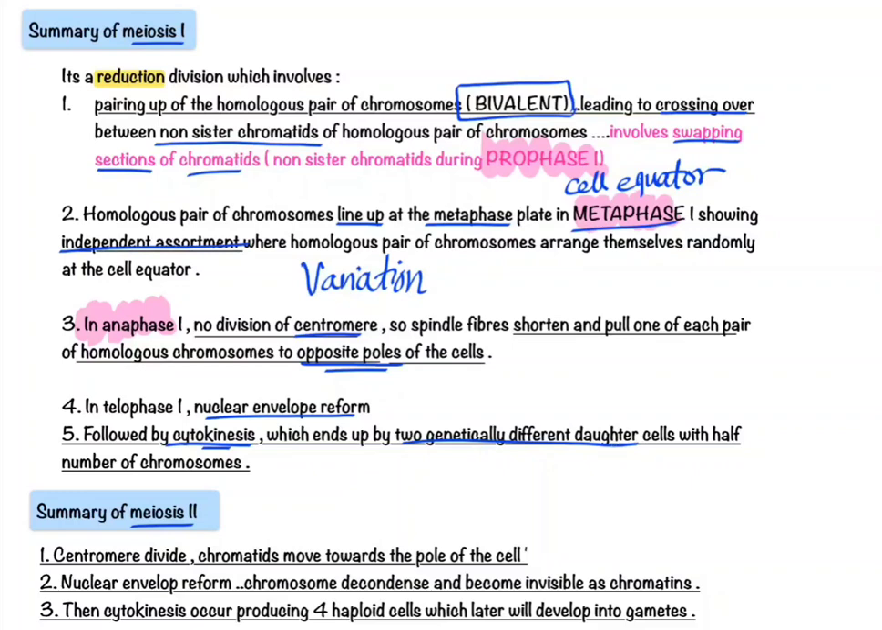Okay? Now the summary of meiosis II is the centromere divides. That's actually not only the summary, but the differences from it and mitosis. The chromatids move toward the poles of the cell. The centromere divides. The nuclear envelope reforms, and chromosomes decondense and become invisible as